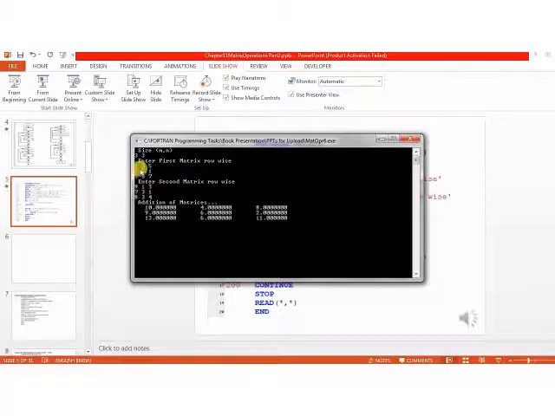Now just check whether the program is correct or not. So 1 plus 9 is 10, then 3 plus 1 is 4, 5 plus 3 is 8. So you can see that all the elements have been calculated correctly. The last element is 7 plus 4, 11. So this program calculates the addition of two given matrices.